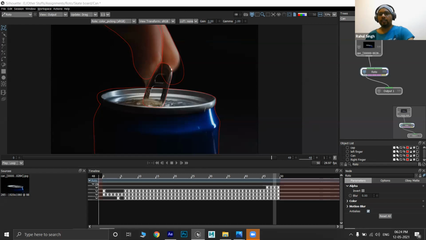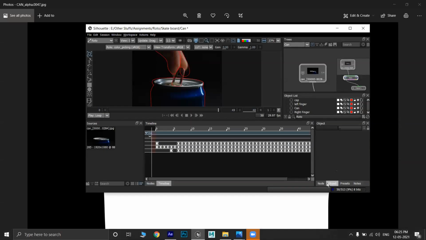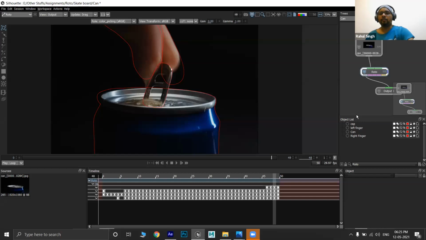Show me your object list. Make it a little bigger. This one, where you can find the layers, the object list. Make it a little larger so I can see what is here.